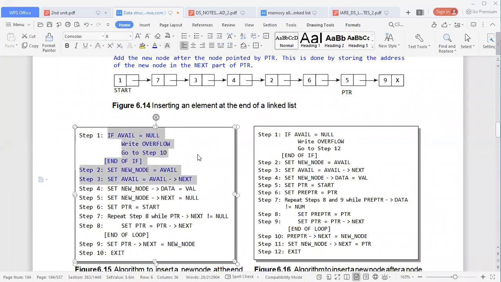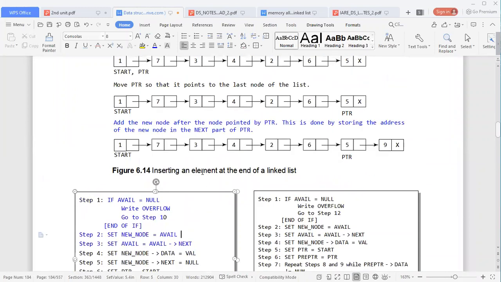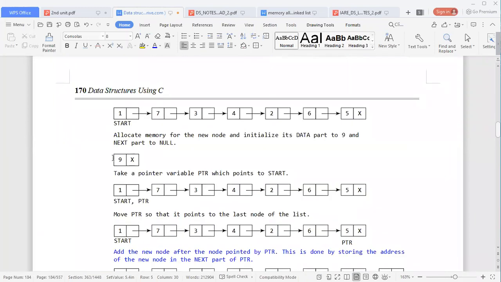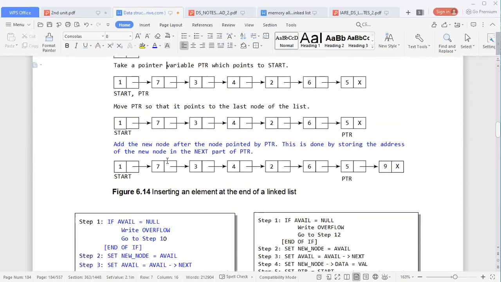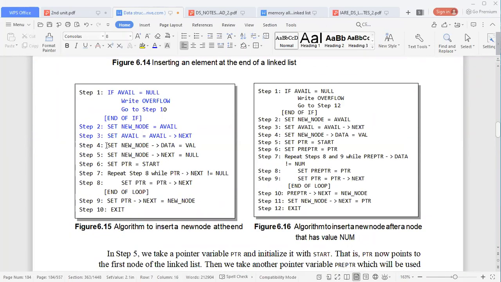Until a node comes, these are the steps which we are going to follow. Once a new node has arrived, like we got a node like this, 9 and x came, this is the step for that. After getting a node from the memory, now set new node data equal to value. That means 9, which was added in the previous one.